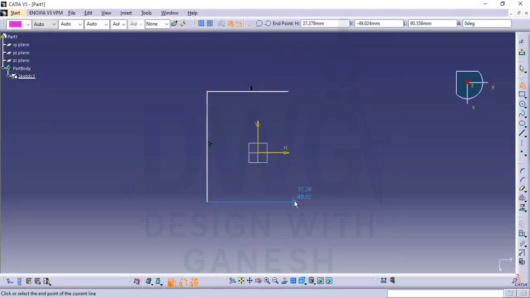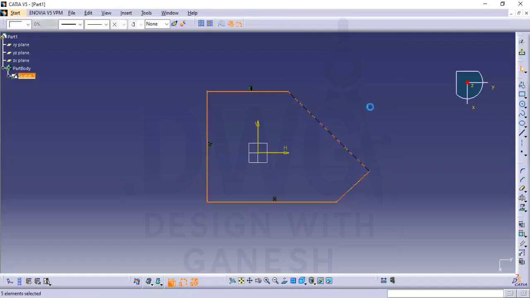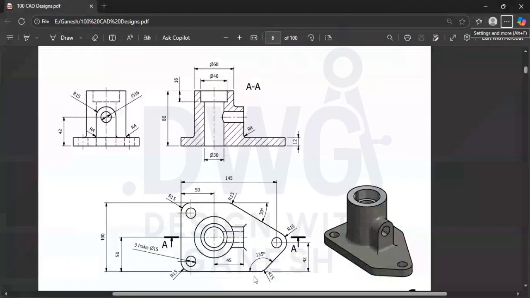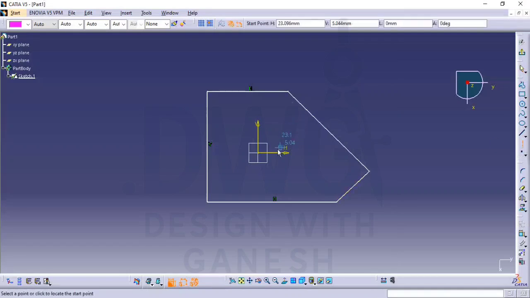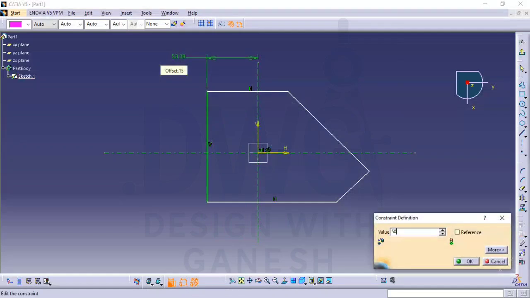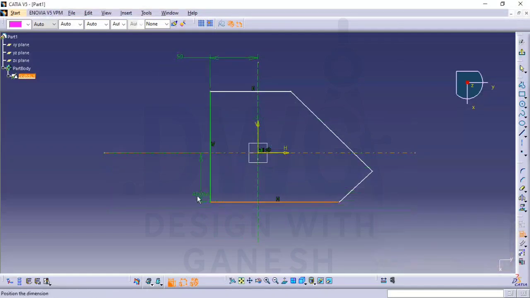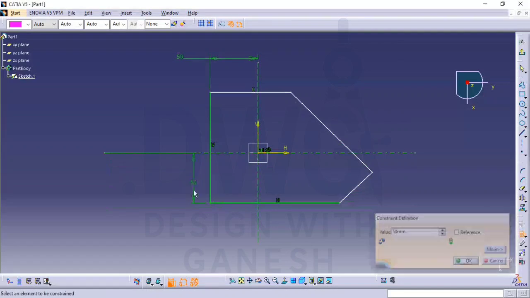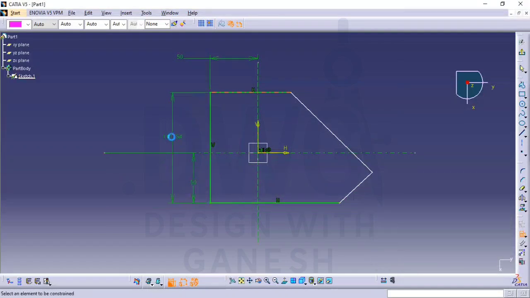So I'm making a rough profile like this, which is representing the outer lines of this one. Now take two construction lines. Make sure these two construction lines are aligned with the axes. Right. Now from here to here, which is 50, enter, and from here to here also 50. From here to here it is 100,